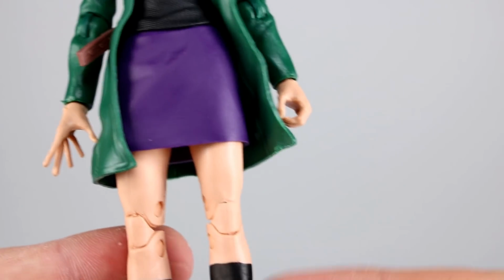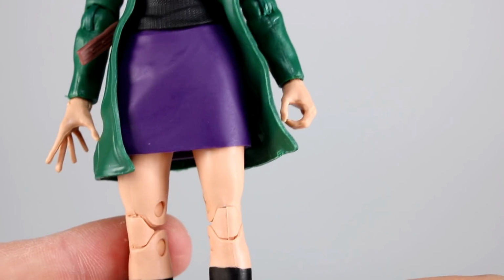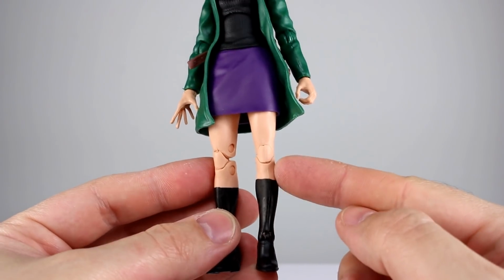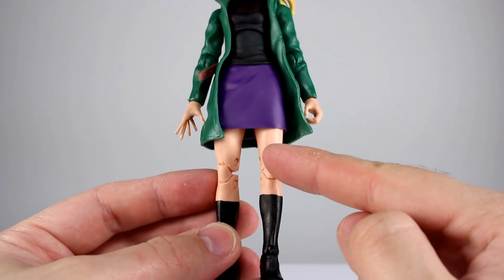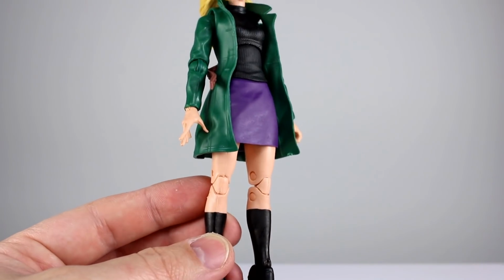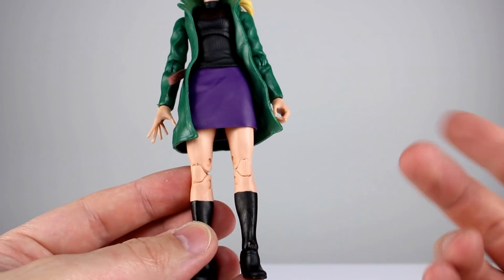They did a good job down here. It looks like they painted the black on. I should zoom out so you can see what I'm talking about. It looks like they painted the black onto the skin tone legs, which is good because the skin tone matches all the way through. That's fine. This is a separate piece. Basically, everything is molded in the color it's supposed to be except for this, and black is easy to paint,